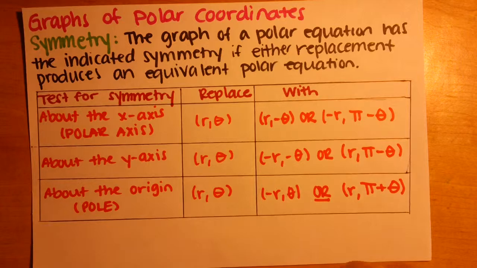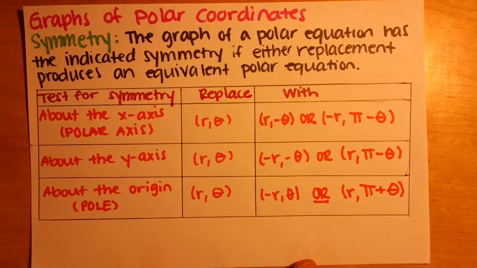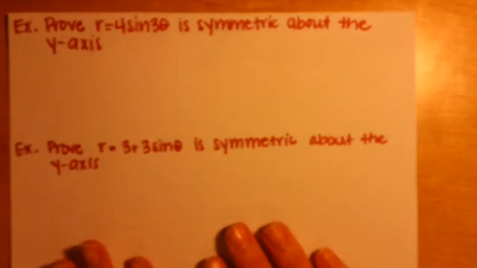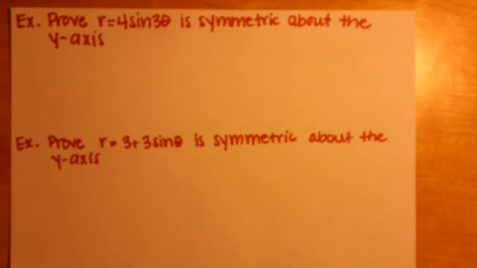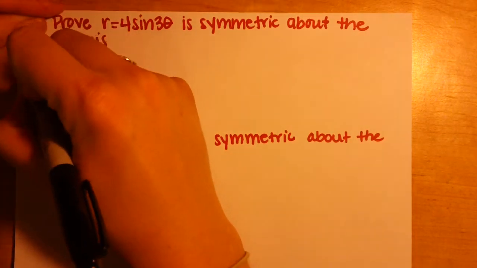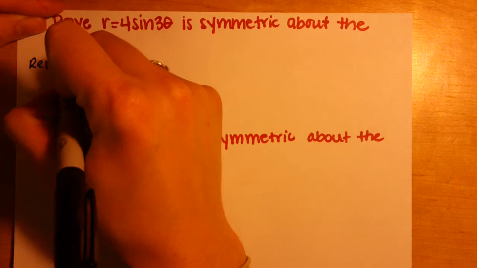Okay? So these are important to know and to memorize. So let's look at a couple examples. Say I want to prove that r equals 4 sine 3 theta is symmetric about the y-axis. So for symmetry about the y-axis, we're going to replace r, theta